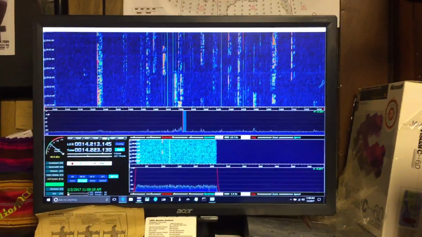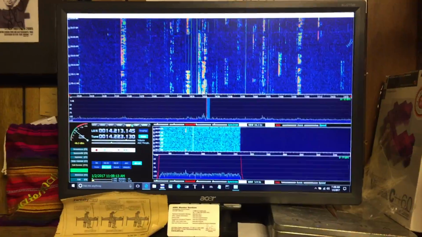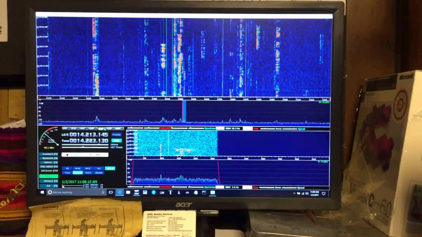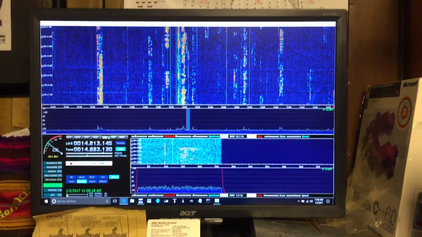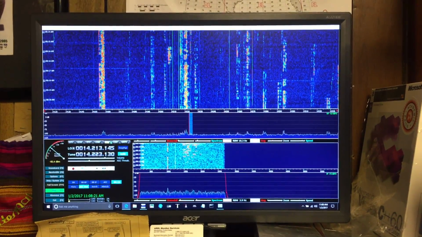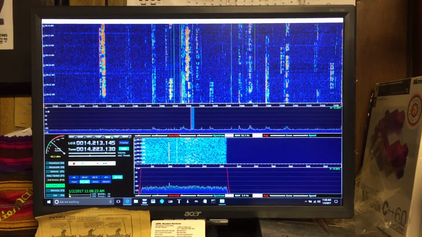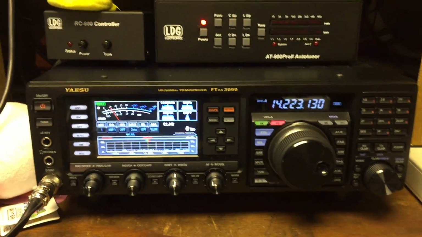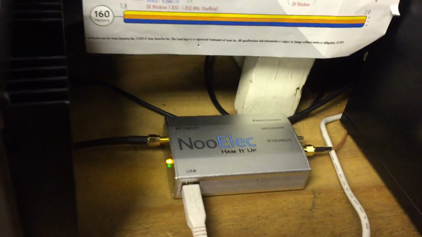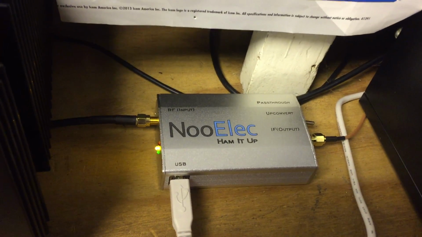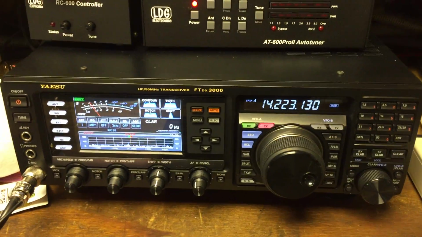Hey everyone, just want to make a video real quick, and I don't make a lot of videos, but I spent the last 2 days on and off figuring out how to set up HDSDR to work as a Panadapter for my FTDX-3000 using a combination of the NooElec Ham It Up Upconverter that I have hooked into the IF output here on the FTDX-3000. And after it goes through this Upconverter, it goes into the